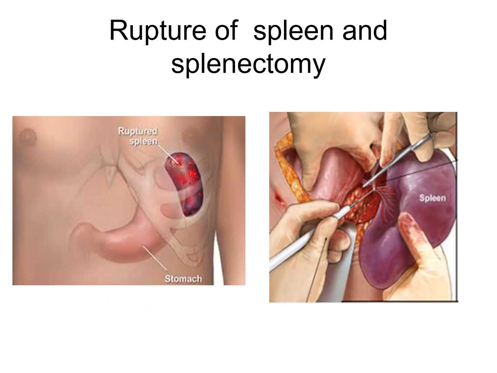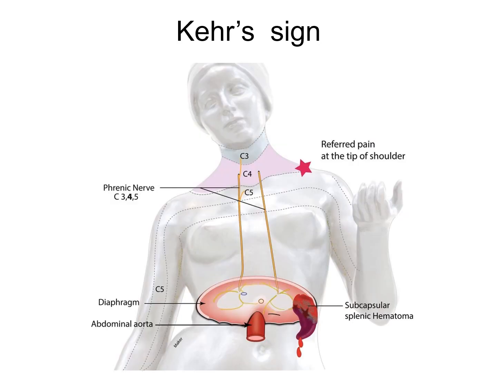Rupture of spleen is very common from an external blow, although it is protected by the 9th, 10th and 11th ribs. And rupture of spleen is one of the most important reasons for splenectomy. A surgical removal of the spleen is called a splenectomy, and it is done even for some chronic blood diseases. In case of splenic rupture, when the person is asked to lie down and elevate the leg, there will be a referred pain felt in the left shoulder, and this is called Kehr's sign.